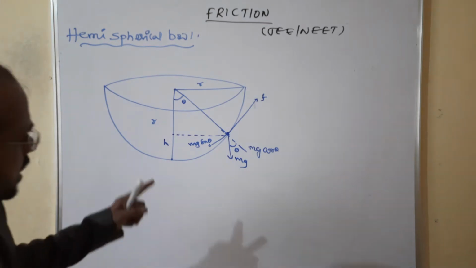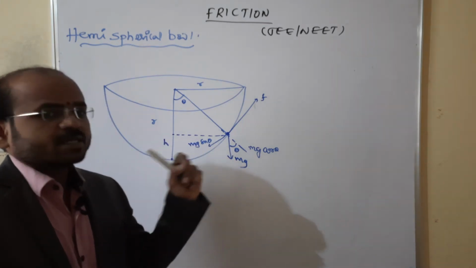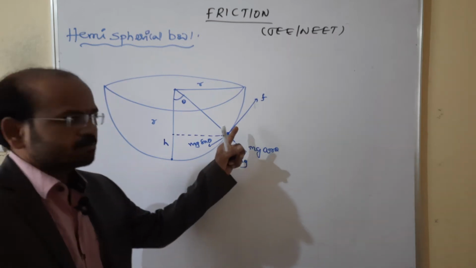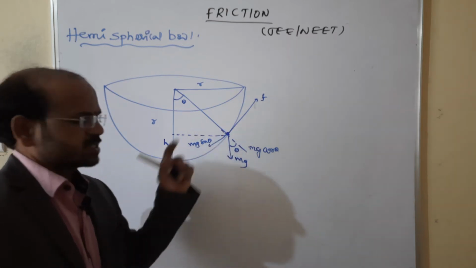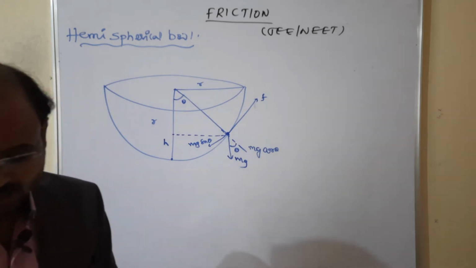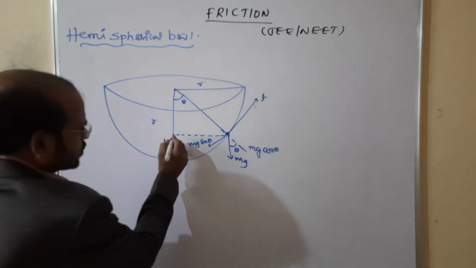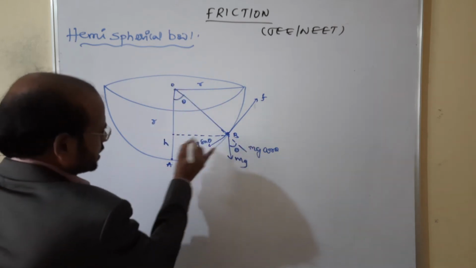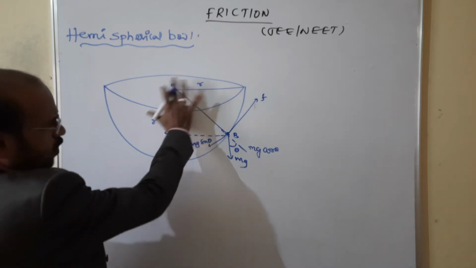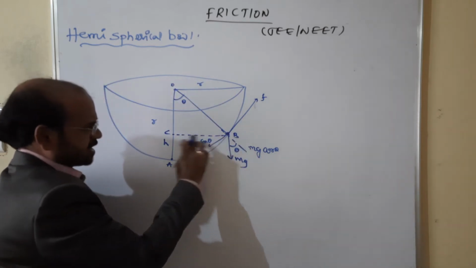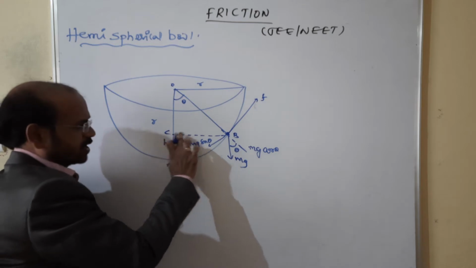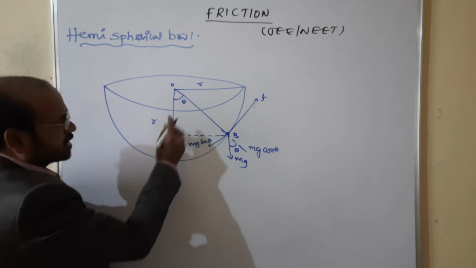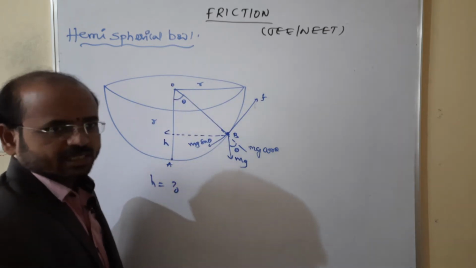Now he is asking at what height the insect loses contact with the surface, because it is traveling up. At a certain height, it loses the contact. That height we need to get. Suppose the center is O, this point is A, this point is B, and this is C. According to this information, the height the insect travels is h. Look here, it reaches the height h. Now we need to get this h, and here it is making an angle theta.